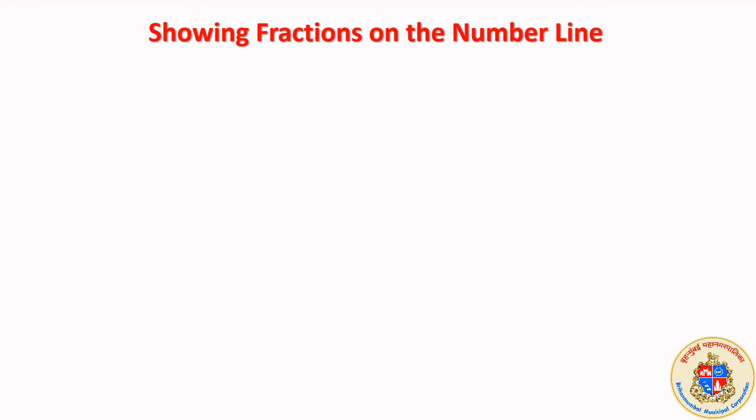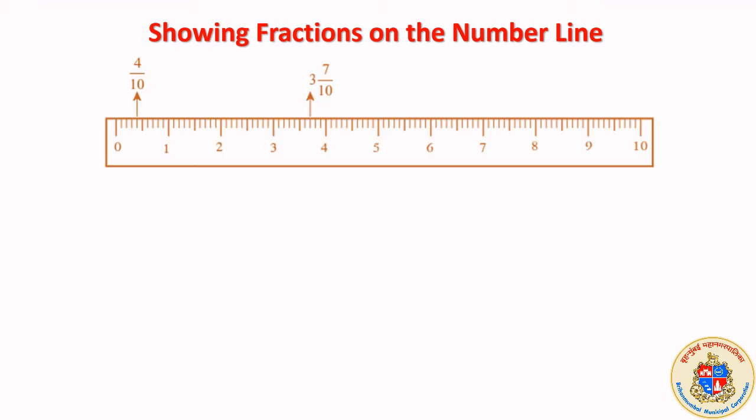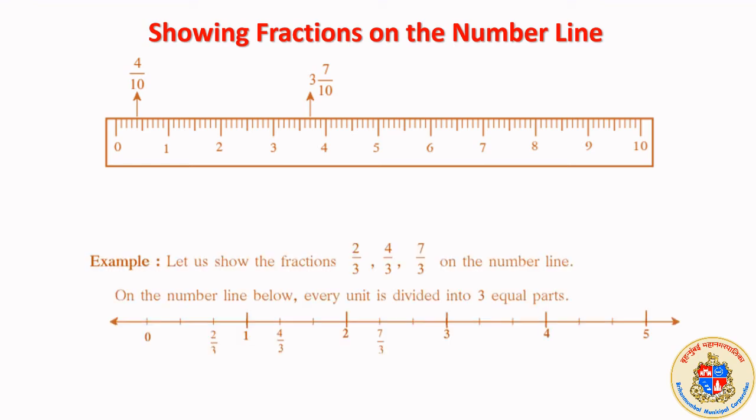First is about showing fractions on the number line. Number line, you know, is a line where we are marking numbers with a particular distance and with a particular number of divisions in between. Here is a number line as shown in your textbook from 0 to 10, and the interesting fact is that between each number, each unit, the division is 10. From here to here we can call a unit, and you can see that there are 10 divisions over here. That is why 10 over here.